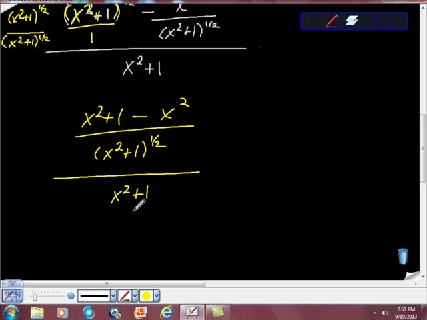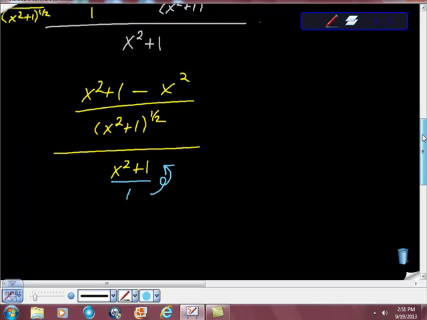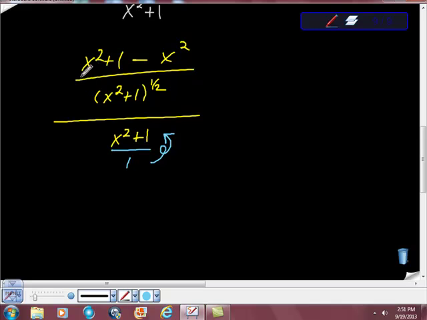Now I have theorem of complex fractions, which says if I have a fraction over a fraction, I take the fraction in the numerator multiplied by the reciprocal of the fraction in the denominator. So that will look like this. Well, actually, I can clean this up too. Look, there's a positive x squared here and a negative x squared. That cleans up really nicely. That's sweet. Cool. So I'm going to do 1 over x squared plus 1 to the 1/2 power times this